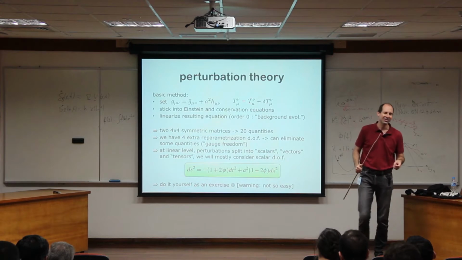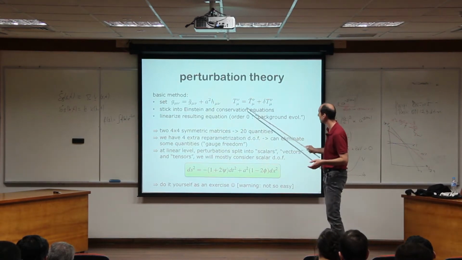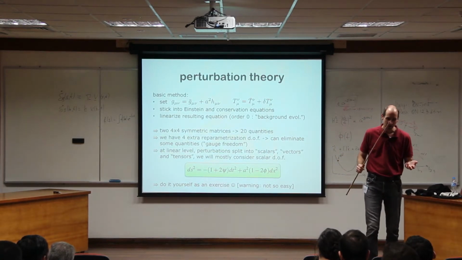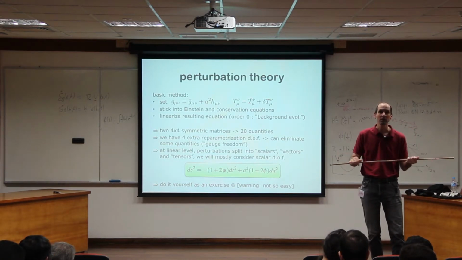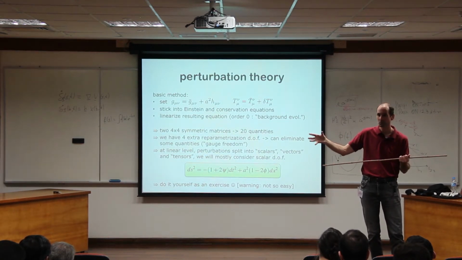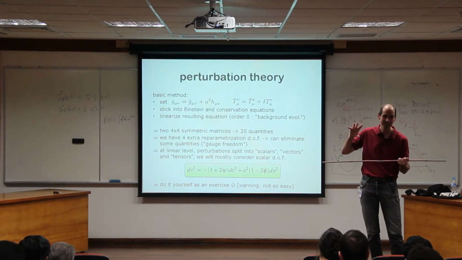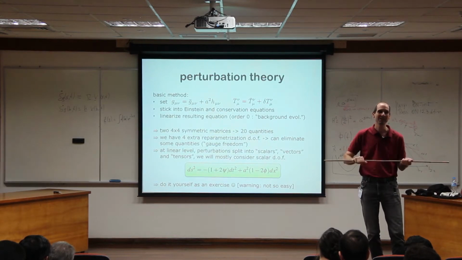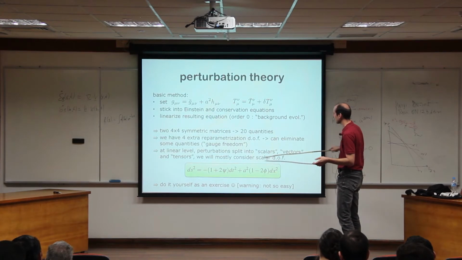And then in addition, just to make it more fun, you can classify your perturbations into scalar, vector, and tensor. And so that's something that you maybe know for a vector field. We can write the vector field as a gradient of a potential plus a pure rotational part. Okay, the potential, that's the scalar perturbation, and the rotational part is a pure vector. And you can do the same for a tensor. And so that's how you end up with scalars, vectors, and tensors.